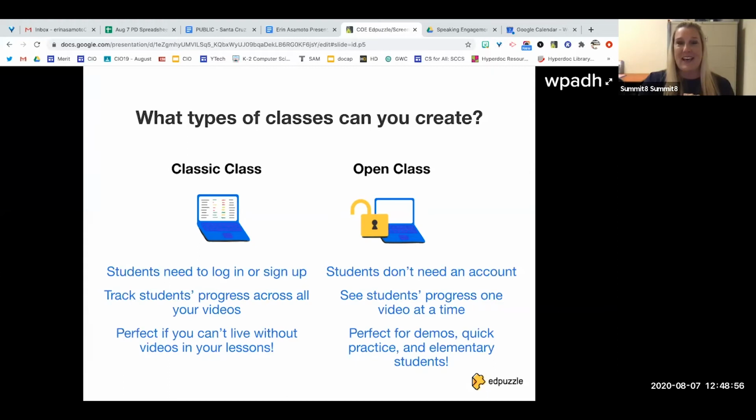So that's just a thing that has happened to me before where a student who's new to my classroom will say, I don't have access to that. And I'm like, oh gosh, I have to refresh the roster on Edpuzzle. And so they have to use their sign-in to log in and sign up. They track their progress. I, as a teacher, can look at everybody's progress and how they're doing. And it's perfect if you can't live without videos in your lessons. And I love adding videos to my lessons because it just enriches the content that I'm trying to get to